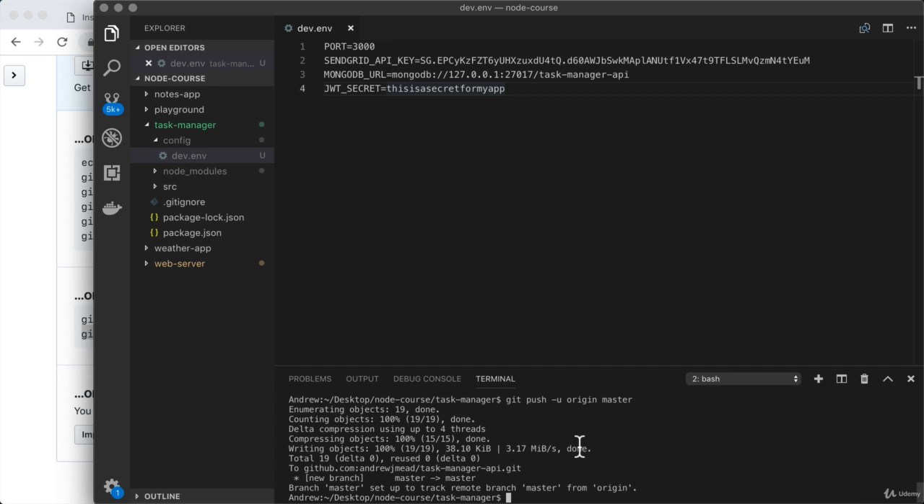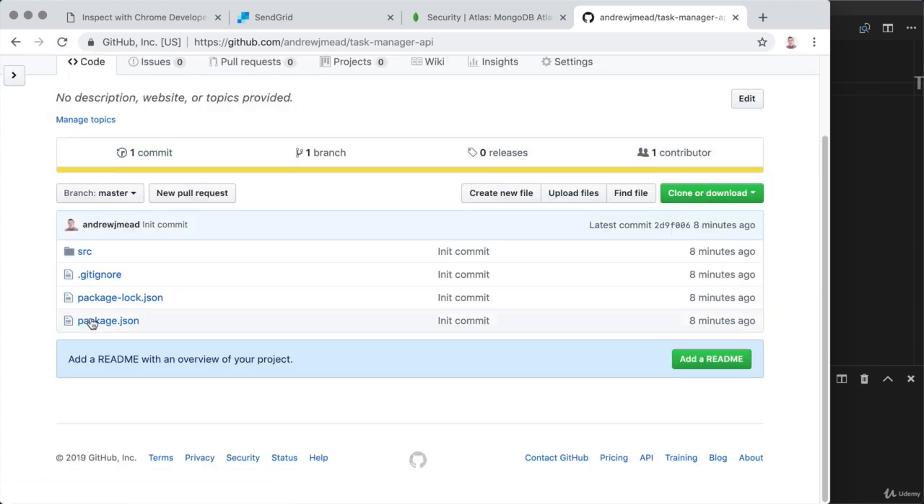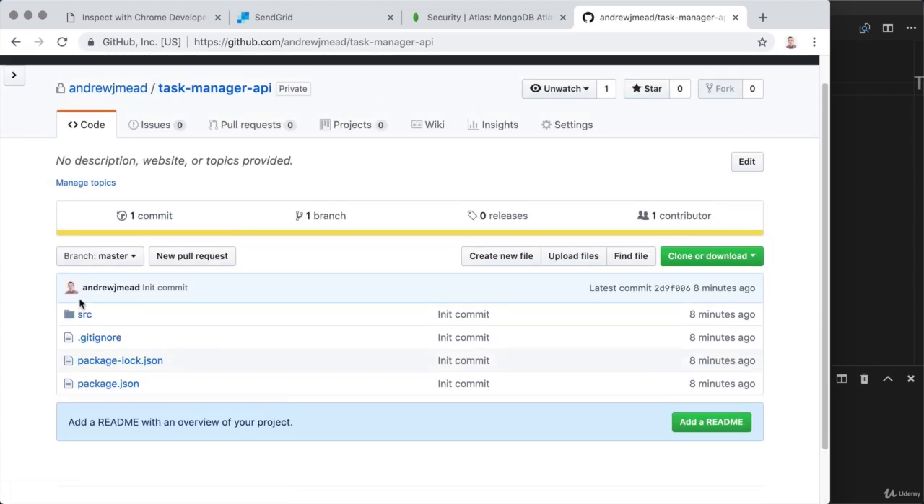Now, once that's done, we should be able to head back over to GitHub. We should be able to refresh the page, and we see our actual code showing up, which is great. Right here, we do have this as a private repository, and I can see my source directory with my other configuration files. So now that we have things in place with GitHub, we want to switch our attention over to